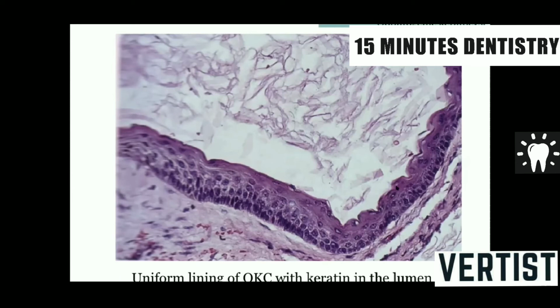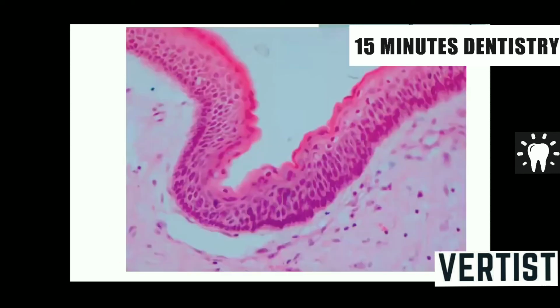The surface is covered with parakeratin, and it is corrugated. This is another feature, corrugated keratin. The lumen of the cyst is filled with keratin. This is another photograph where the epithelium is seen separating from the connective tissue because there are no rete ridges, and this is another reason why the cyst is recurrent in nature, because it easily separates from the underlying connective tissue. The epithelium becomes friable and sometimes remains in the jawbone after enucleation of the cyst, and then there is recurrence of the cyst.